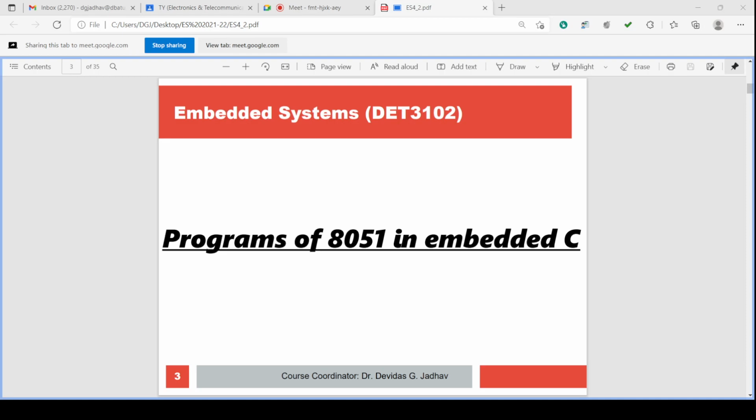With this 200-300 rupee kit you can program it, but in this case you require a programmer to write the program into the IC. In the case of open source software and hardware, we have seen the Arduino kit.